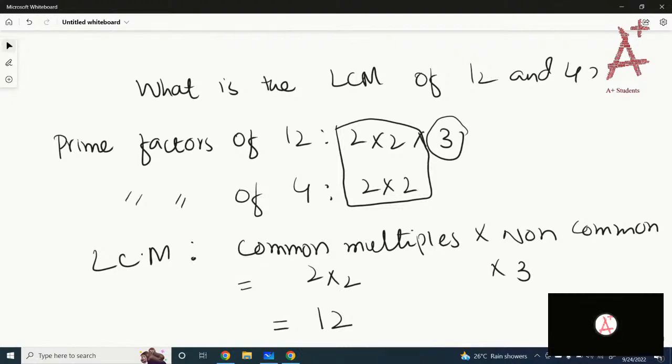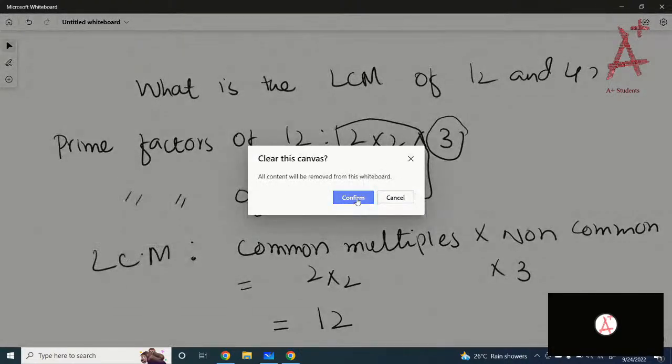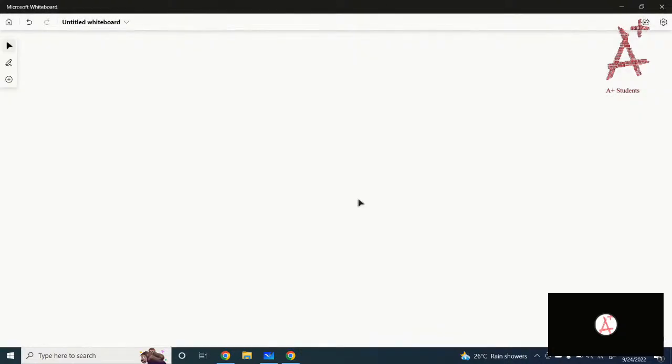Got it? So on the top right corner, you have a test button. Just click on the test button and let's do test questions. Are you on the test? Are you following the instructions? Okay. The first one is, what is the LCM of